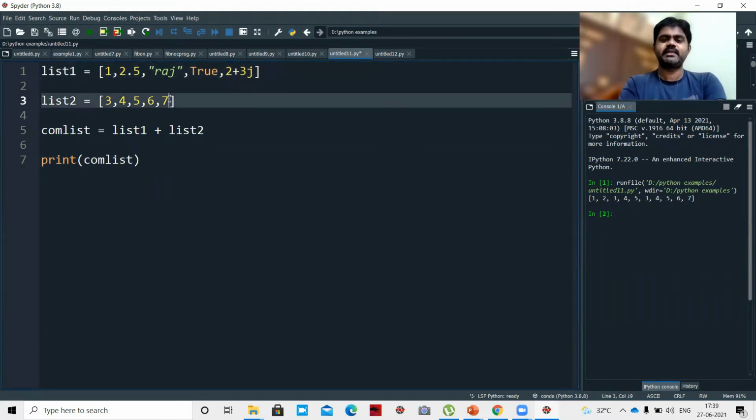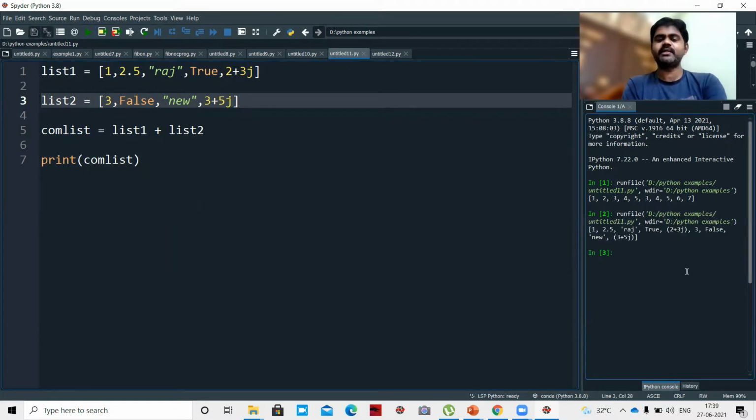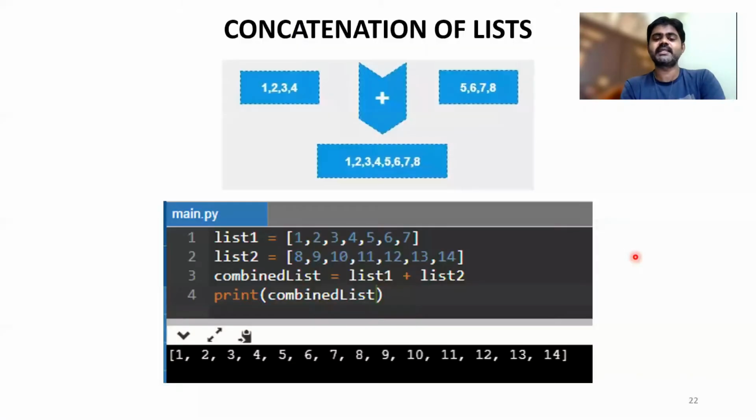Okay, and if you say 3 comma false comma u comma 3 plus 5j, and we concatenate this, it will add to the end of the first list. So there is no problem with this.